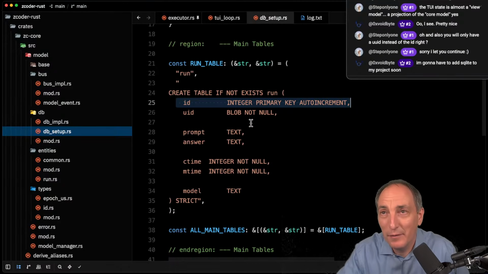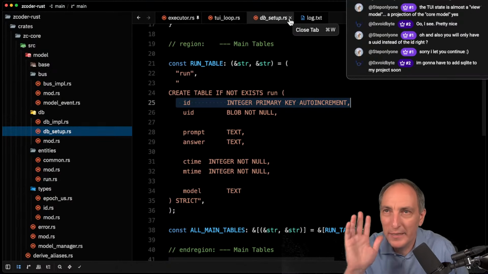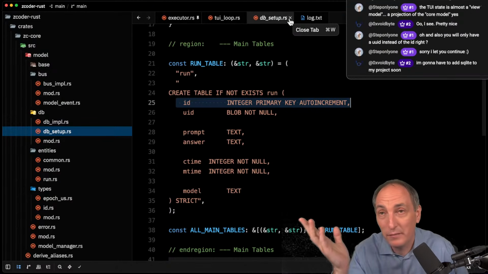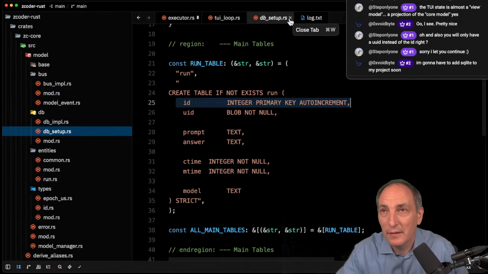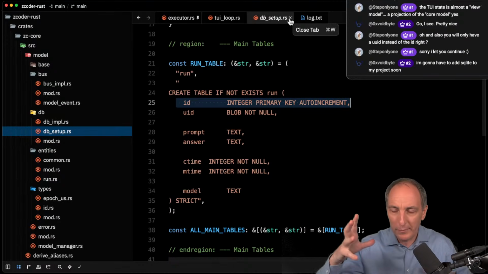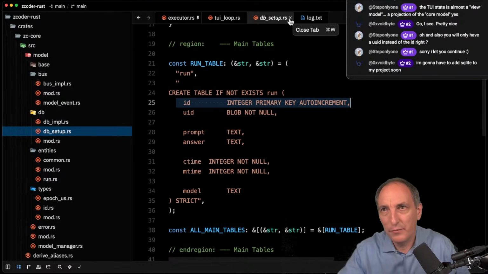SQLite. I mean, I'm the biggest fan of SQLite. No, it's not for everything, but it's awesome. And for a client app, it's a no-brainer. I couldn't have done AIPack without it. And we're going to do quite a bit of SQLite because it's going to be used for different things. So anyway,